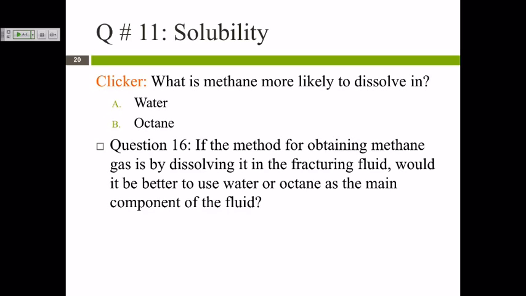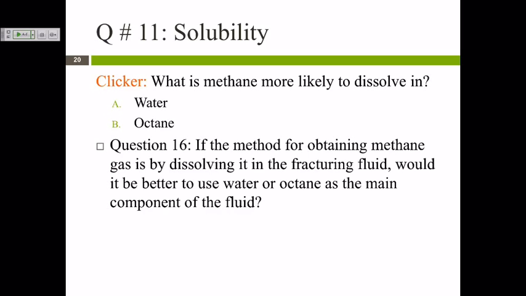Why not, Brian? Okay, so one, it's hazardous. Good point. Two, we do want to dissolve it because then we pull the fluid back out and now we have it. Why is it a terrible idea to inject octane into the ground? We have to extract it in the first place and purify it, and then we're going to inject it back,